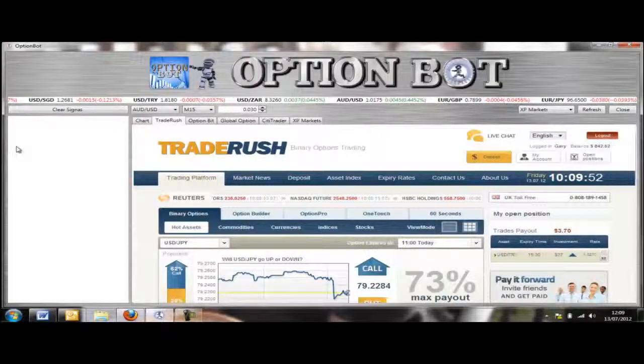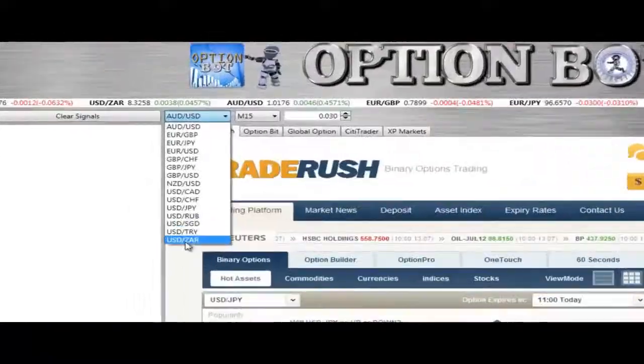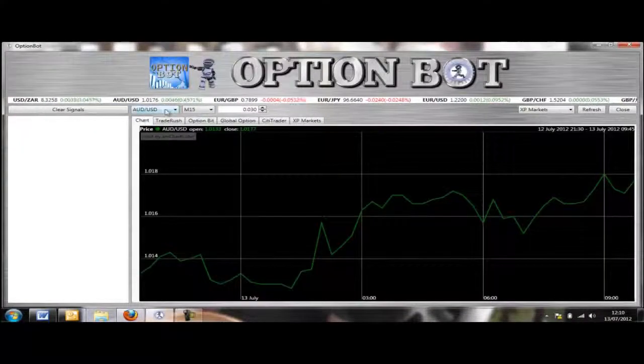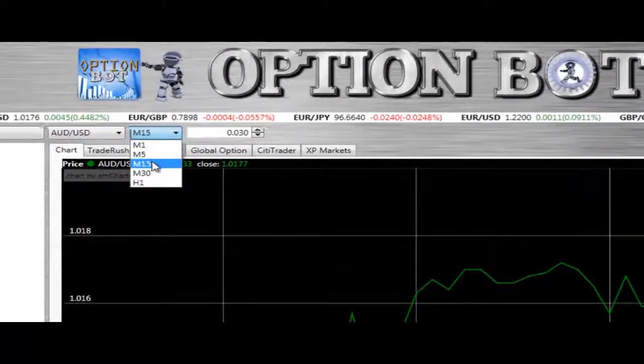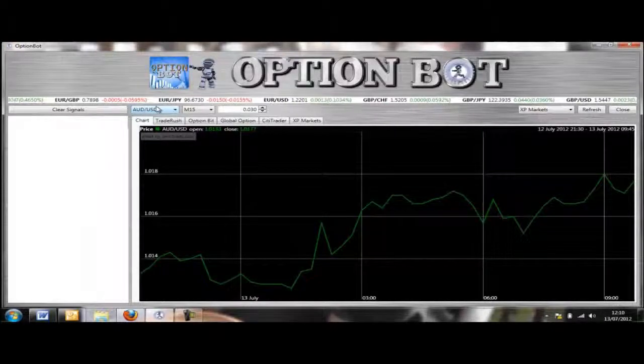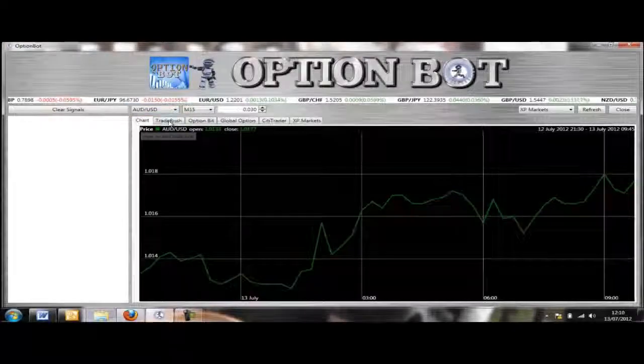This is OptionBot, the world's most accurate binary options indicator for currency pairs. On the left-hand side, we have 15 currency pairs that OptionBot constantly analyzes. To the right of the pairs, you can set the software to analyze the last minute, 5 minutes, 15 minutes, 30 minutes, and 1 hour. For the purpose of this demo, we're going to select M15, which means 15 minutes. This works by analyzing the pairs for upwards and downward movements over the last 15 minutes,